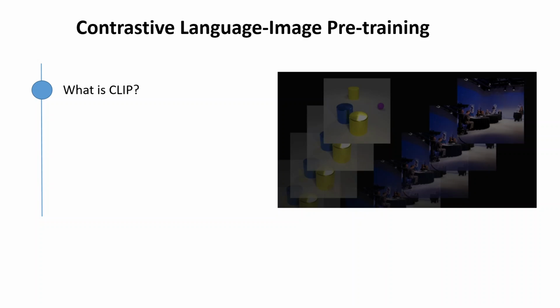In this video, I'm going to explain in as simple words as possible what is CLIP. CLIP stands for Contrastive Language-Image Pre-training, and it is a neural network that connects images to text. The original model by OpenAI, which was released in January 2021, was trained with 400 million images with their text